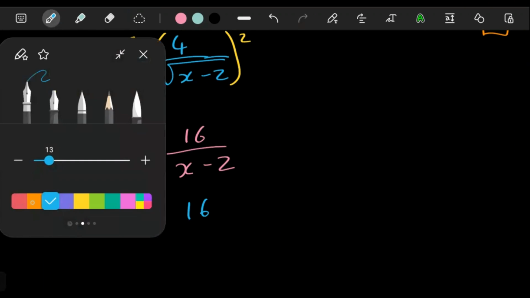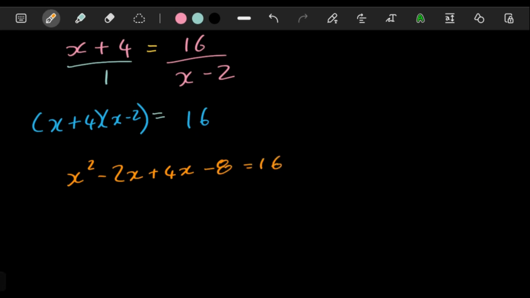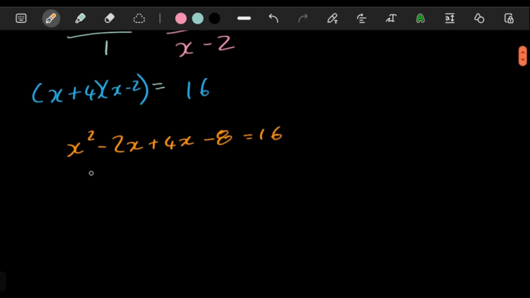So that being said, let's see here. X times x is like x squared. X times -2, there we go. 4 times x is like 4x. X times -2 is like -8. There we go. And then here we might as well put everything on one side. -2 plus 4 is going to give you a +2. -8 plus 16 is, no, -8 minus 16 when you move it over. And then this is going to be like